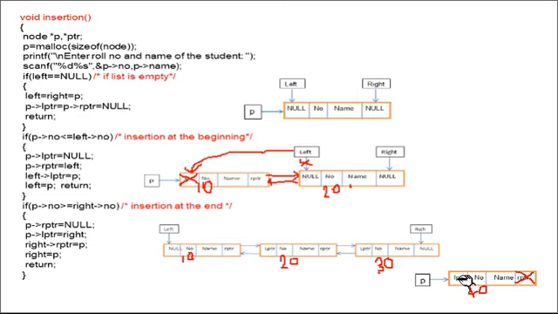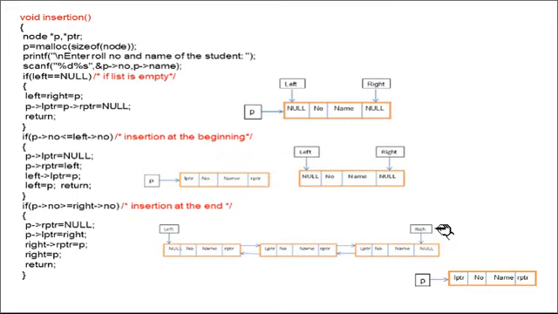That means this link, the reverse link, will be created. Okay. Next, third line, right of RPTR. This should point to the next node. That means what is the base address of the next node? That is P.